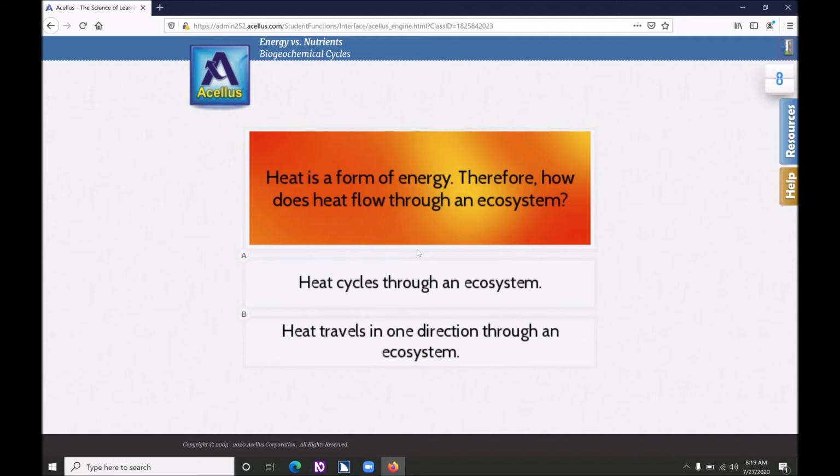Acellus the Science of Learning. Visited link graphic home graphic. Acellus logo graphic. Heading level 6 Energy vs. Nutrients. So energy versus nutrients. Heading level 6 Biogeochemical cycles. And it has those. But then after this, there's no question. A. It just goes straight to A. And then the answer choice A is Library 00001120494698 graphic. A very long picture. Well, it's a normal picture, but it has a very long name. Anyway, B has the same thing. B. Library